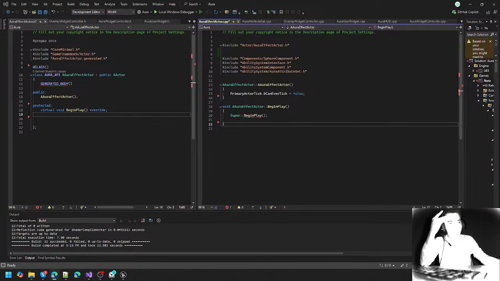sphere or a box or capsule component, we can do that and we can add it to the root component. So really I'm going to use create default subobject with a simple scene component, and call this scene root. And I'm going to set the root component to the result of this. So I'm going to call set root component, setting the root component to the result of simply creating a scene component. And that's it. So if we compile and run this code,